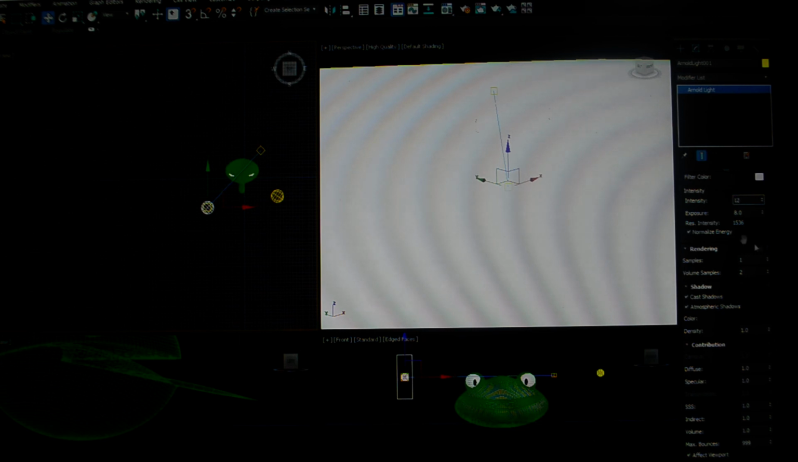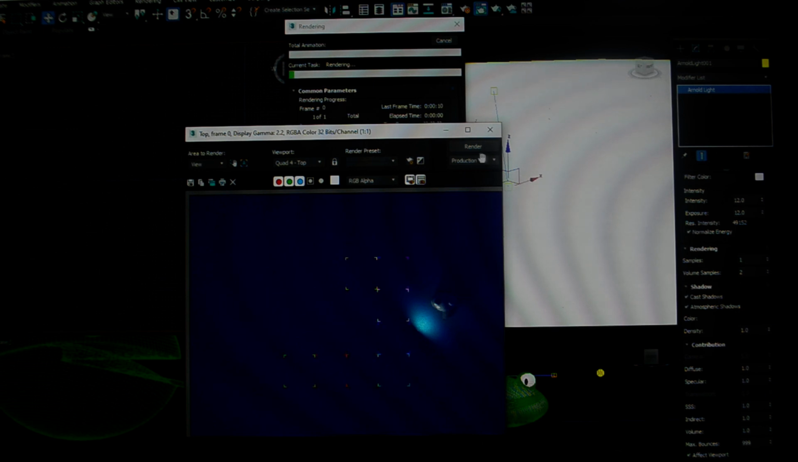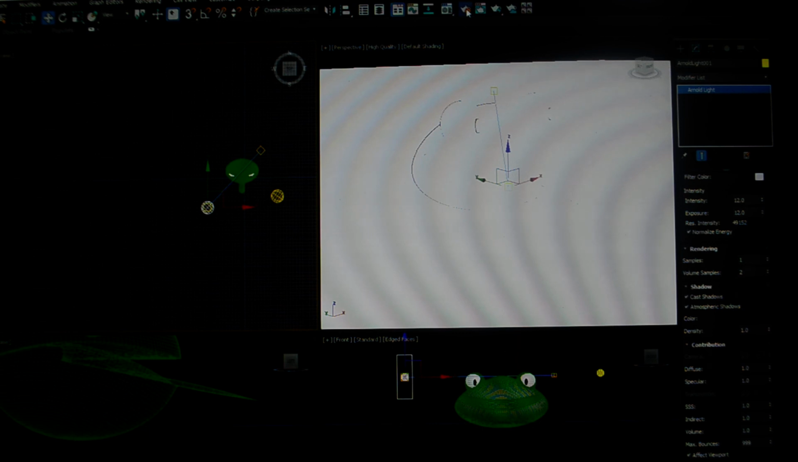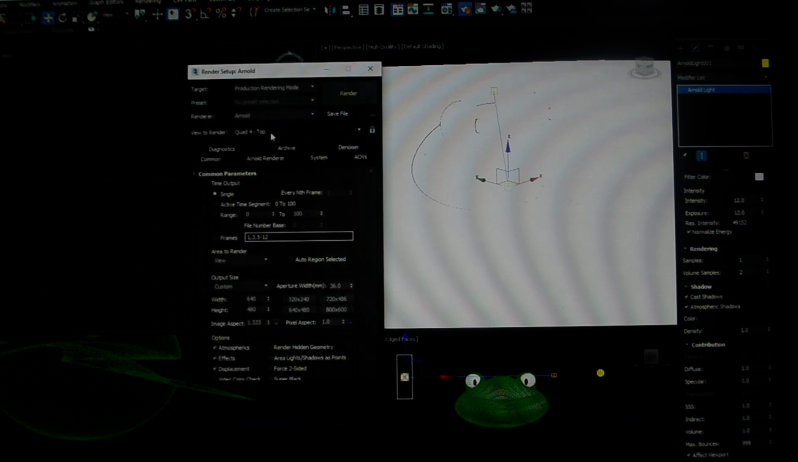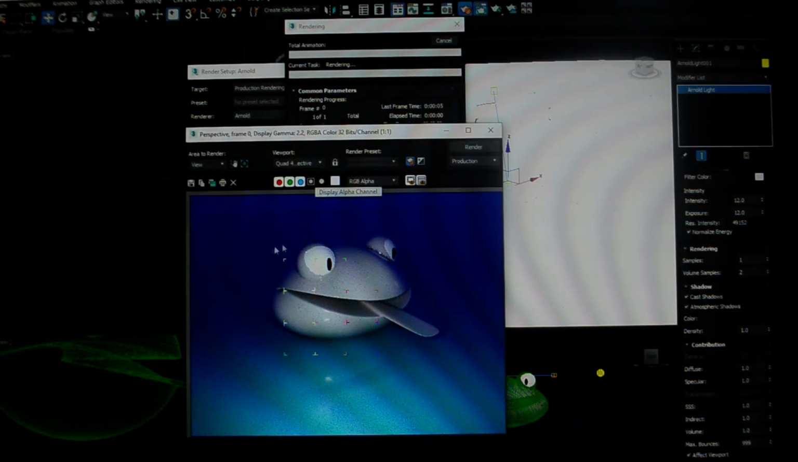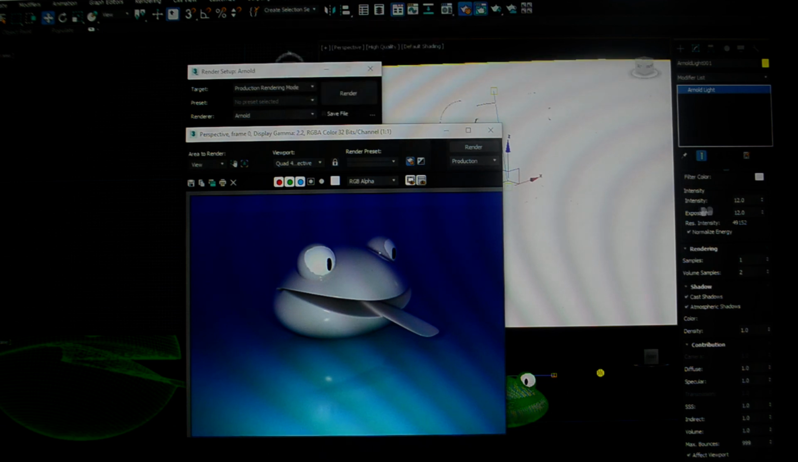Change this to 12, and this to 12. And let's see what that does. Oh, you can see my light's getting a little bit brighter there. Let's try going from here. Oh, there you go. And now you see I can see my frog. That's pretty good. So intensity was 12, exposure was 12, and now I want to go